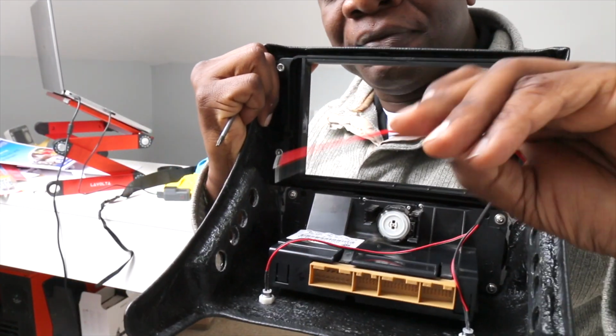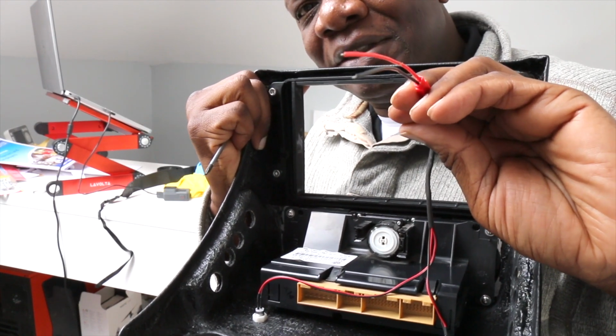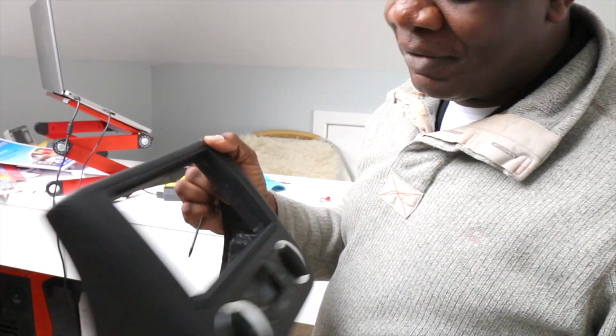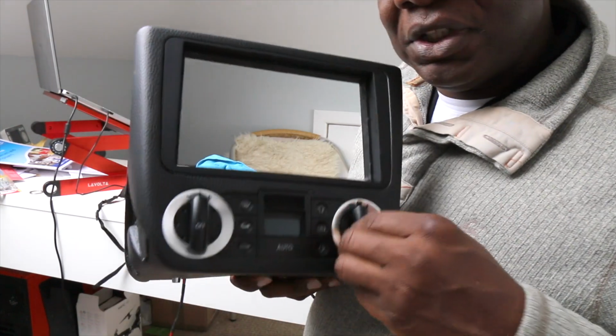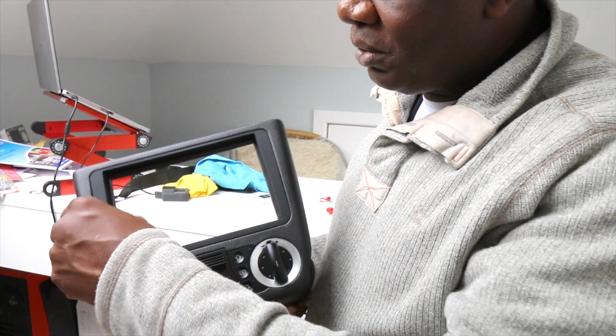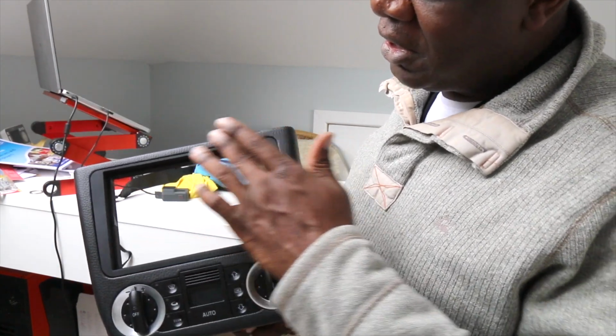Here's our wires for the lights, the side lights, or vanity lights if you want to call them that. And as you can see, we have our controls in place. So now all we have to do is put our radio in, and this unit here, this is what you